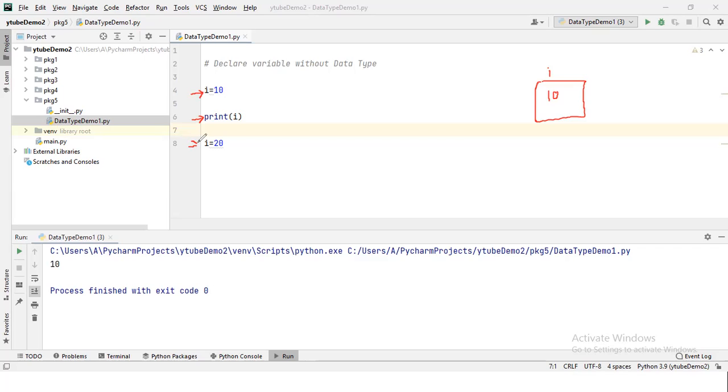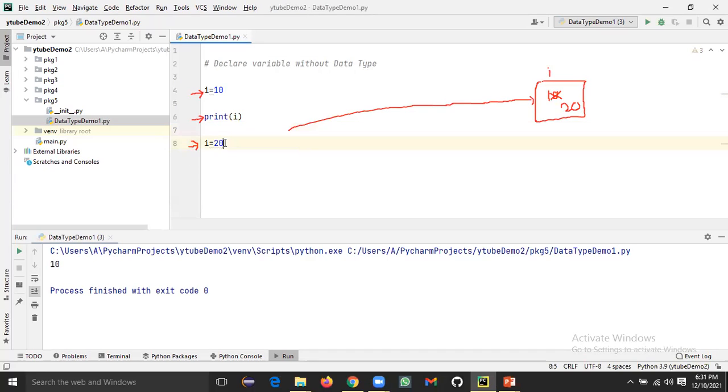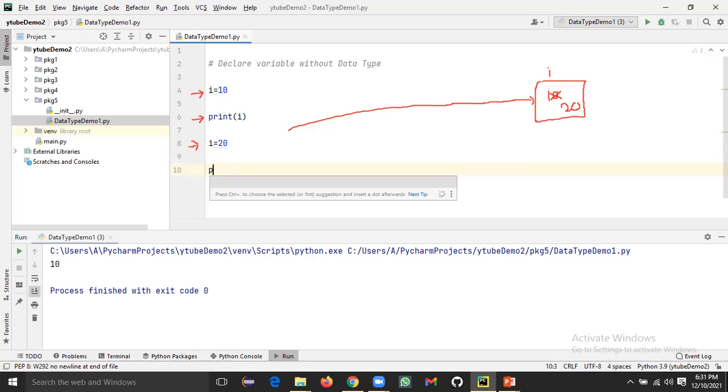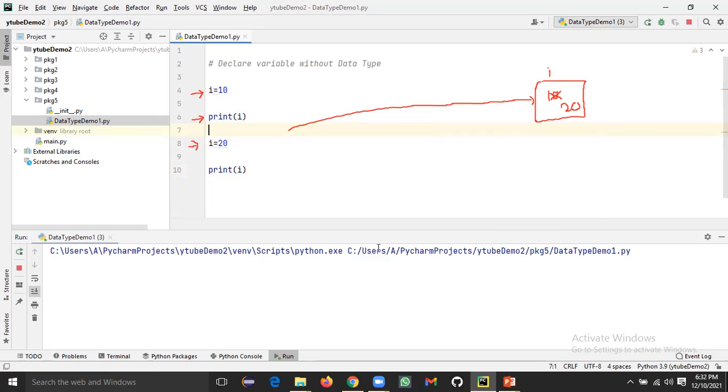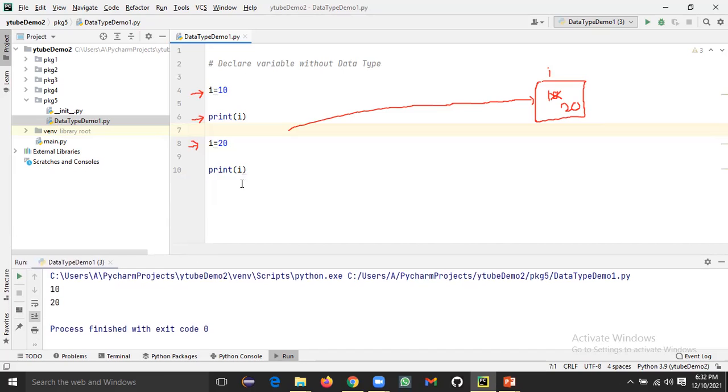But when you send the new value to the memory, this value will go here, the old value will get erased and the new value will be saved at that location, and that is 20. If you want to access this 20 again, it has not been printed here, I have to use again a print statement. So let me access it again with the help of the title of the memory location. Now you can see the 20 value is assigned here.